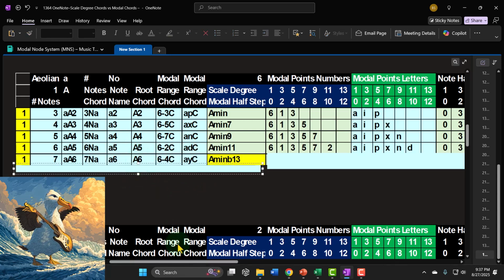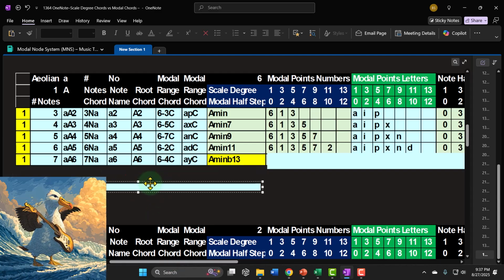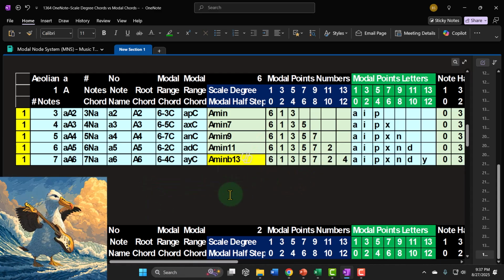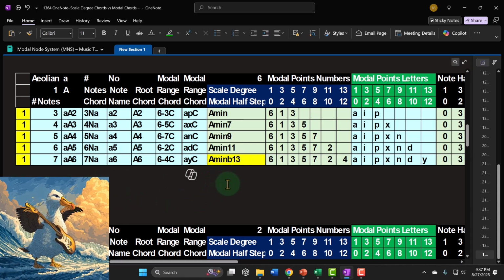All right, what if we add another one? So we add another one. Boom, I can just delete it now. So this would be an A minor flat